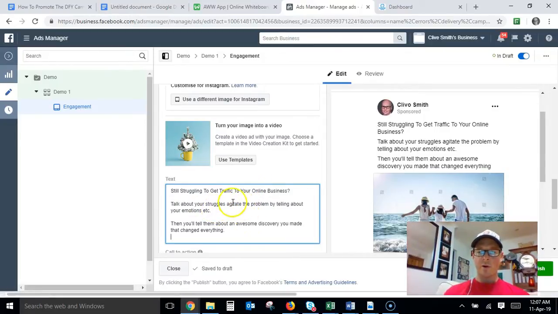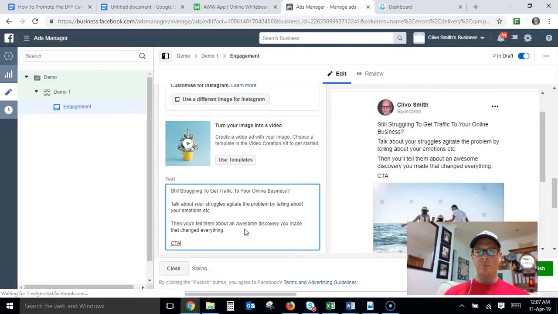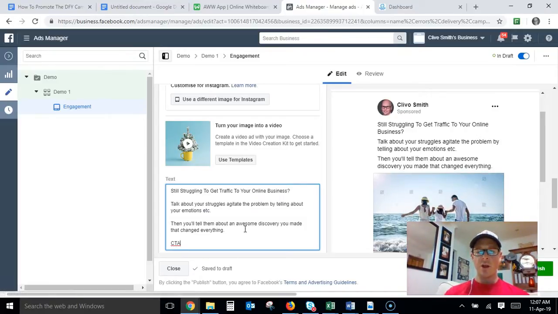You're then talking about the problem, agitating the problem, heightening the tension. Then you're going to show how you overcame that. Okay, so what did you discover that helped you to solve your problem? Then you're going to have a call to action, and your call to action should be something like, if you'd like to find out more about how I solve this particular problem, without some undesired result, or how I got this result within a certain amount of time, then,